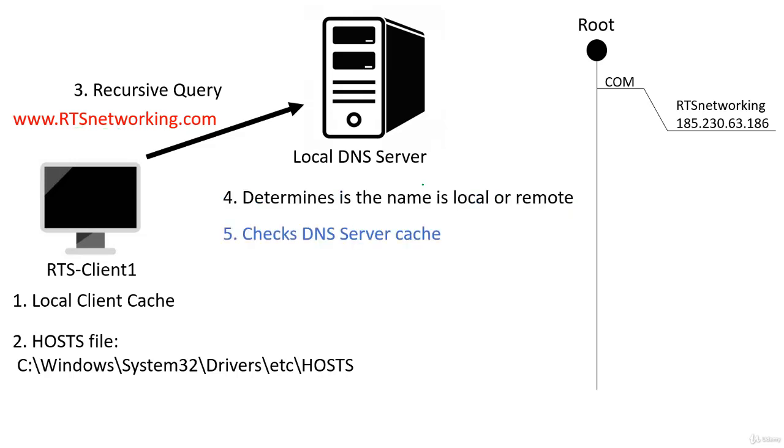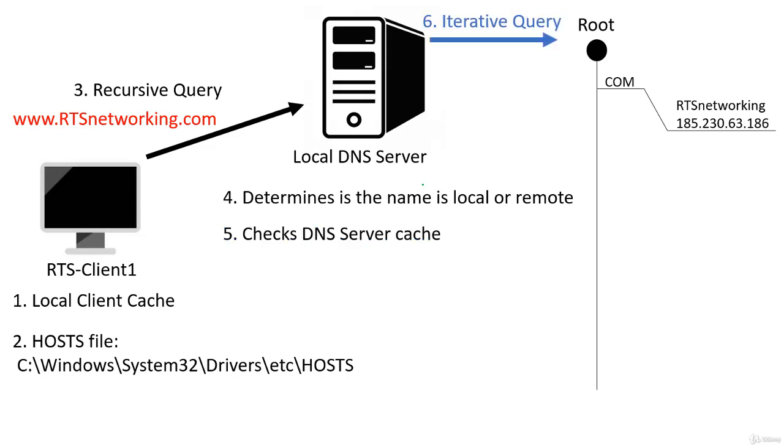The first thing it'll do, once it determines it's remote, it's going to check the DNS server cache. Similar to the cache on the client, if you have a coworker that resolved this name minutes ago, then that name would still be registered in your cache on your DNS server. If it is in your cache, it sends it back to your client and you would be done. If it's not in your cache,